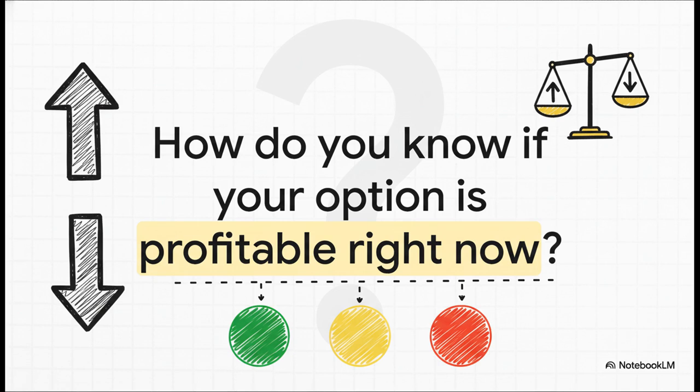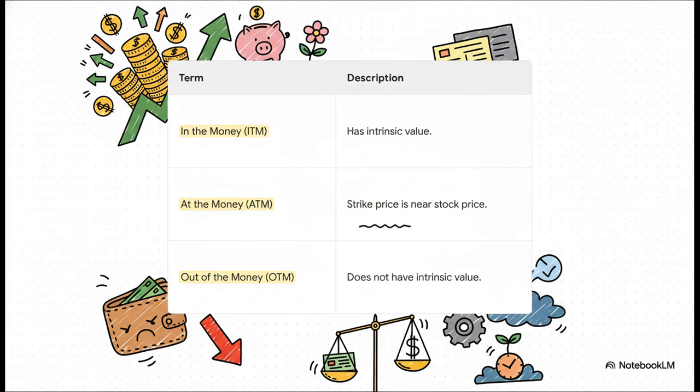Well, there are 3 simple terms that answer this perfectly. So here are the 3 states of being for any option. An option is in the money if it has real built-in profit right this second. It's at the money if the strike price and the stock price are pretty much identical. And it's out of the money if the stock still has to move in your favor for it to become